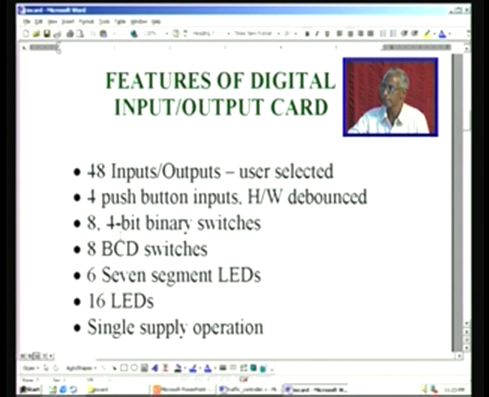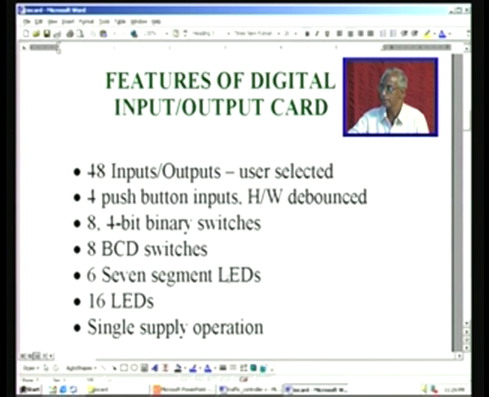You can select one of the two, either one binary switch or one BCD switch which is connected in parallel, and in any combinations you can select them. In addition to this, we also have outputs, and we have some 7 segment LEDs, 6 numbers of them, and it has a right decimal point display, which is not available in the FPGA board, which we have already seen